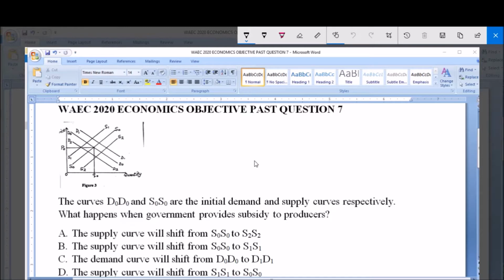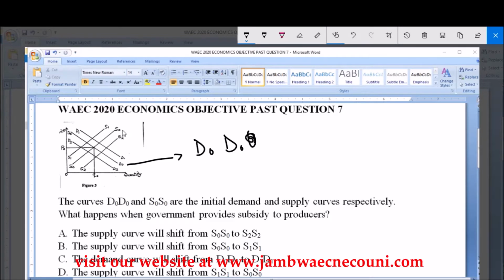So you have, let's locate the curves. So this is D0, D0 here. This is it here. So this is D0, D0, okay? And then you have S0, S0. So this is it here, this line here. Now, we are asked,